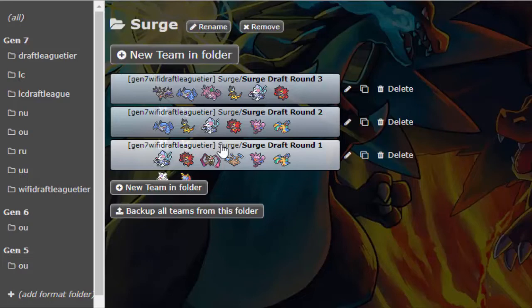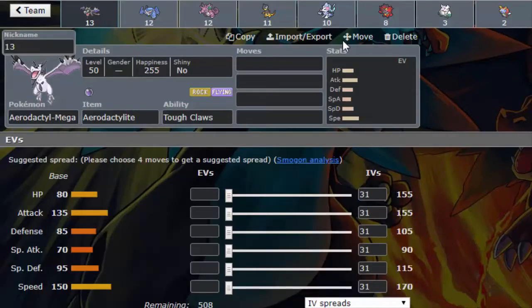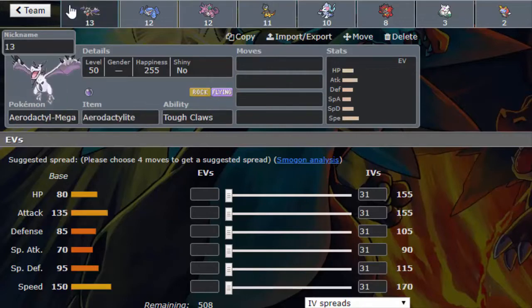And then for round 3, because I didn't battle round 2, there was nothing really to explain there. For round 3, I made some more changes, and I dropped Gligar for Nidoking, and then I dropped Archeops for Mega Aerodactyl. So basically, Archeops for Aerodactyl is pretty simple. It's just basically an upgrade. Aerodactyl, obviously way better and obviously more expensive because we had access to 14-point mons in round 3. So I decided to just get the Aerodactyl, and then